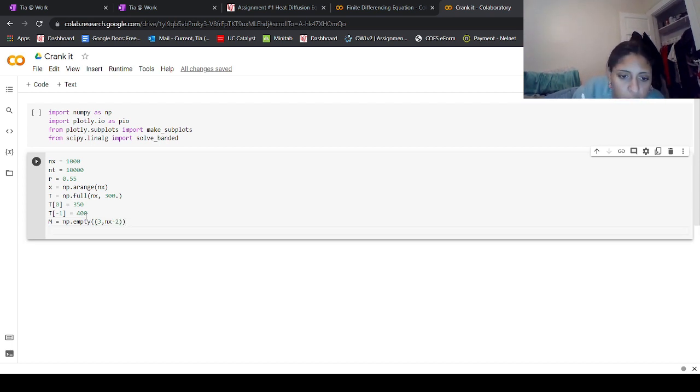And then M is equal to, no, we're putting stuff inside of it. So then we want the first thing to be, no, we do a comma, then we want it to be like